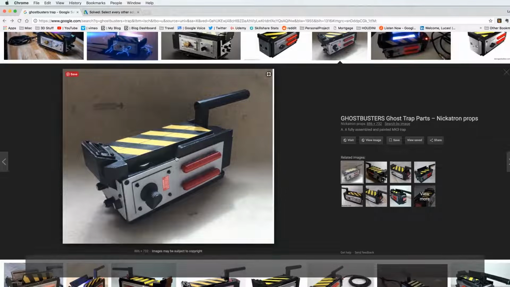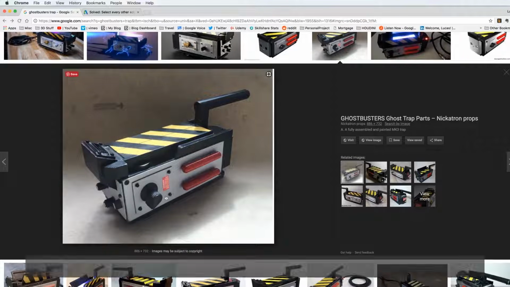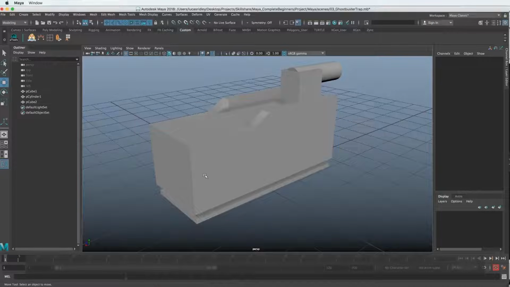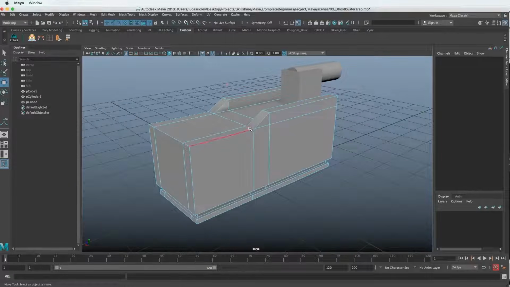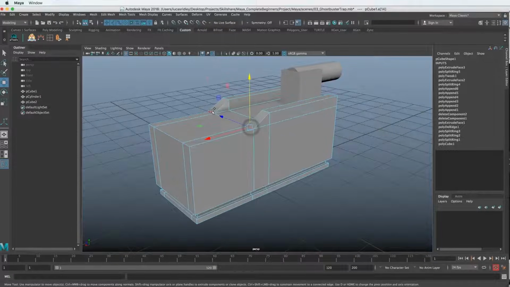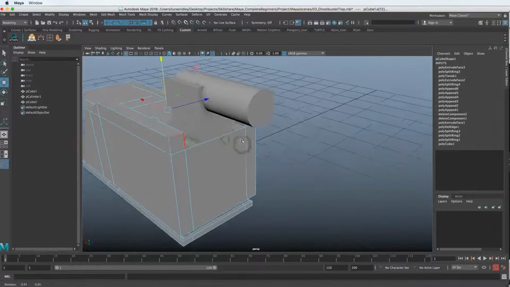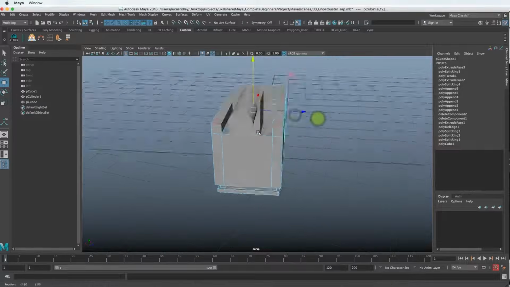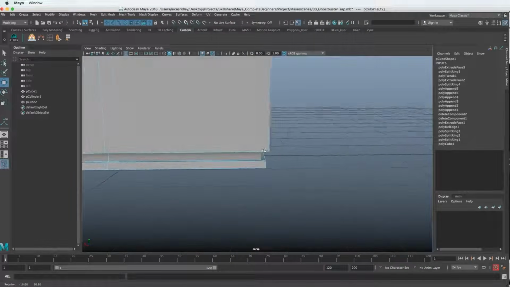Let's go back to this. It looks like this is fairly rounded at the bottom. So let's select the edges we want to bevel and start beveling. We'll go to the edge mode. I'll select this edge and that edge, this edge and that edge. So we're just going through and holding down Shift to select more than one edge.